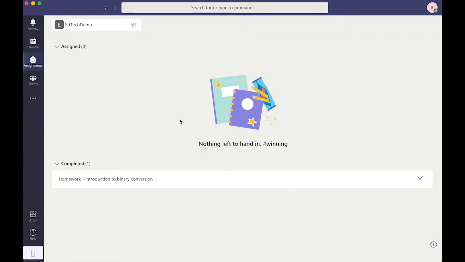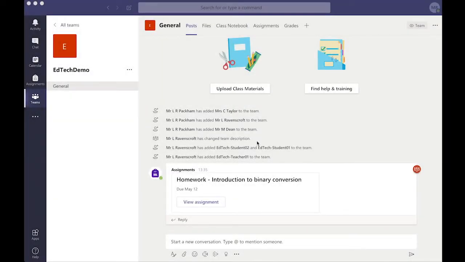What I'm now going to do is show you this finally from the teacher perspective again, in regards to seeing the work that's been submitted and providing feedback for it. A teacher account. Now from here, it's very similar to the student. I've got 2 ways of accessing an assignment that I've set. I can, as you see in front of me here, in my team, go to View Assignments, or indeed click